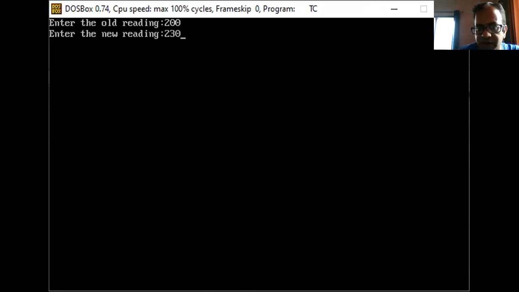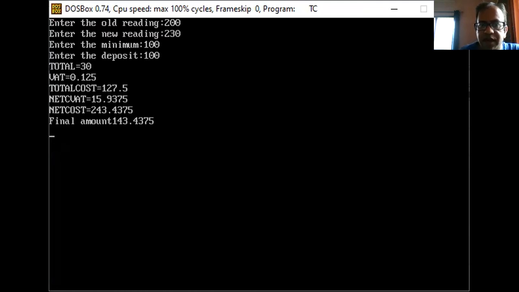So I'll get the calculation for 230, that is for 30, because 230 minus 200 is 30. Minimum is 100. Deposit also I have taken 100. And now I got the answer here. The same value I have got, which I got from the logic. So the total amount you are paying here is 143.4375.